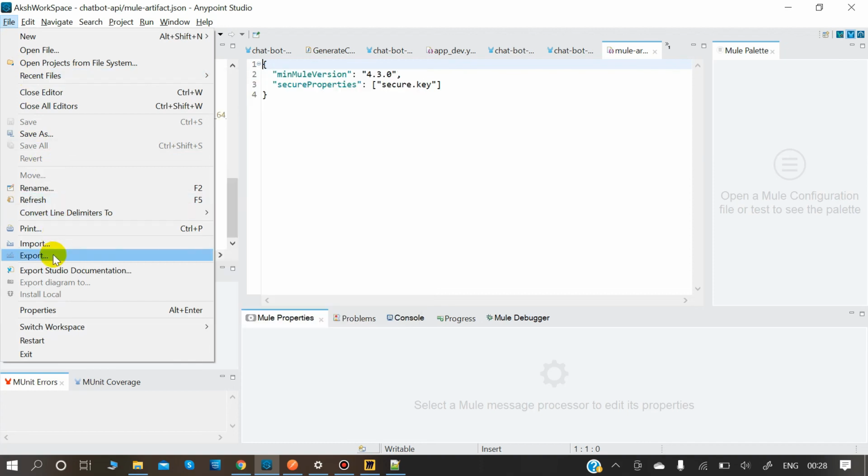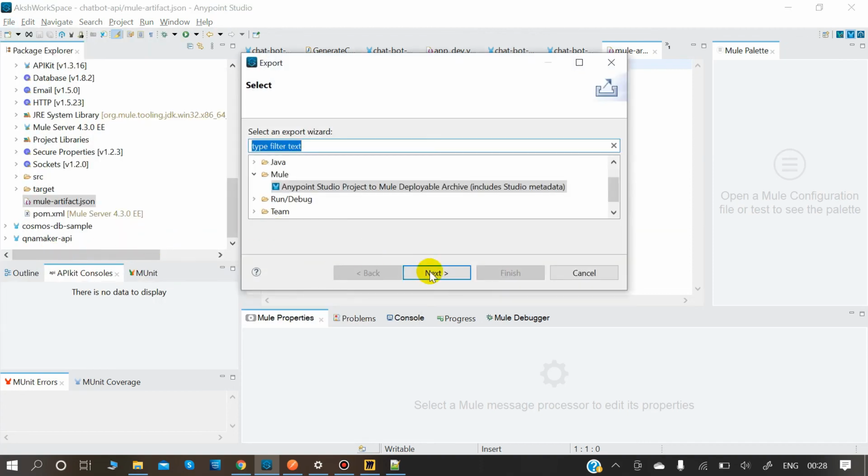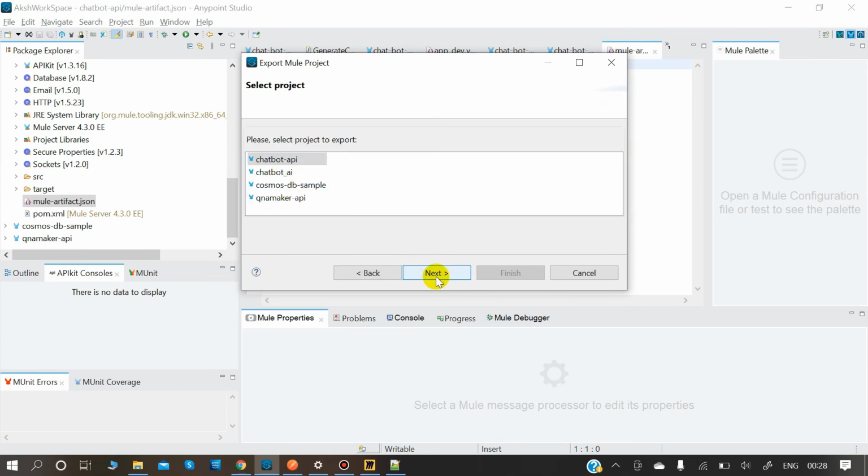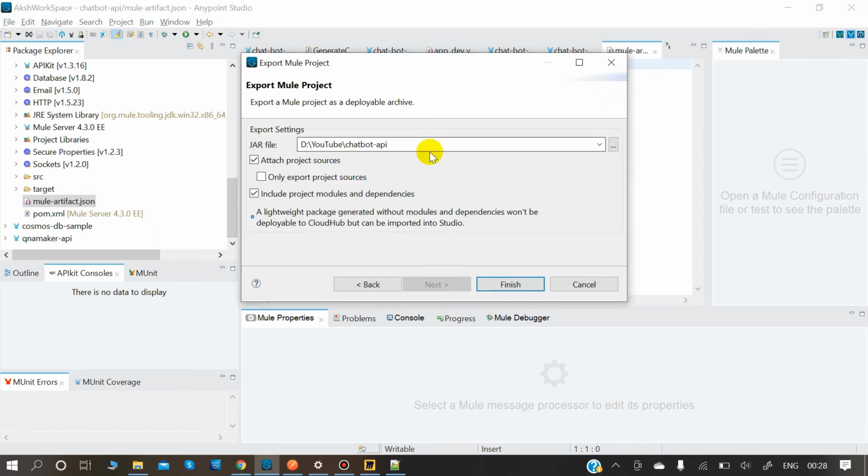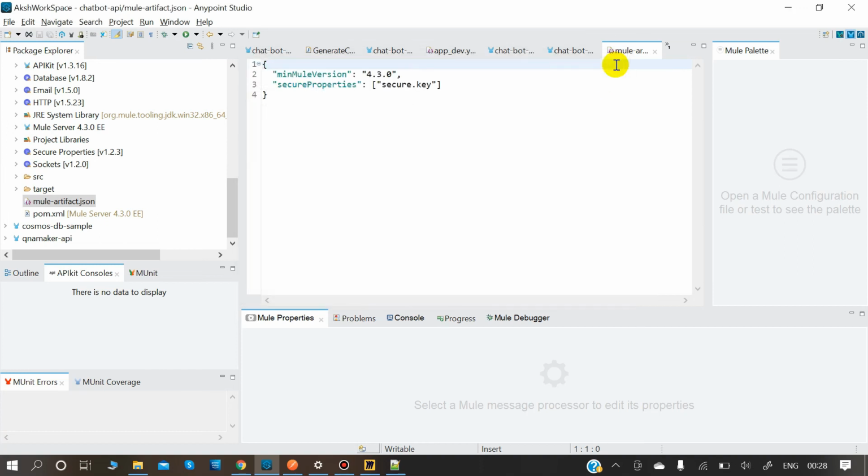You need to export, and yes, it should be a deployable archive, then chatbot API, this is our project name, and then you choose a particular location and click on finish. So there is a jar file that gets created that we need to add to our runtime. In our runtime manager, I would be showing you, there we need to give some properties so that our application runs.